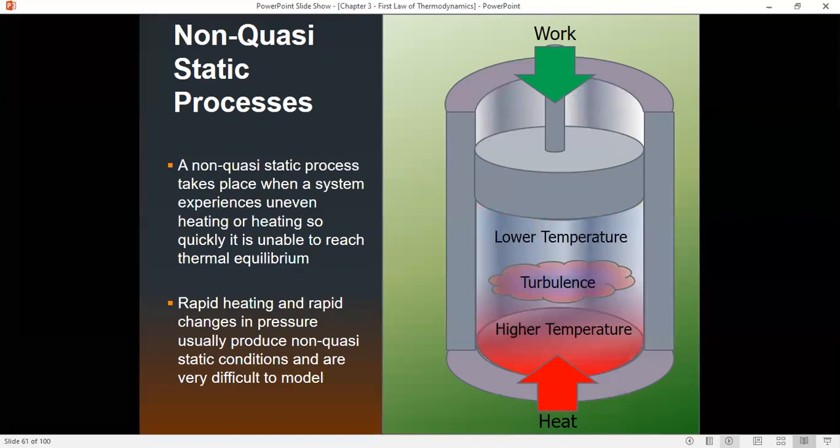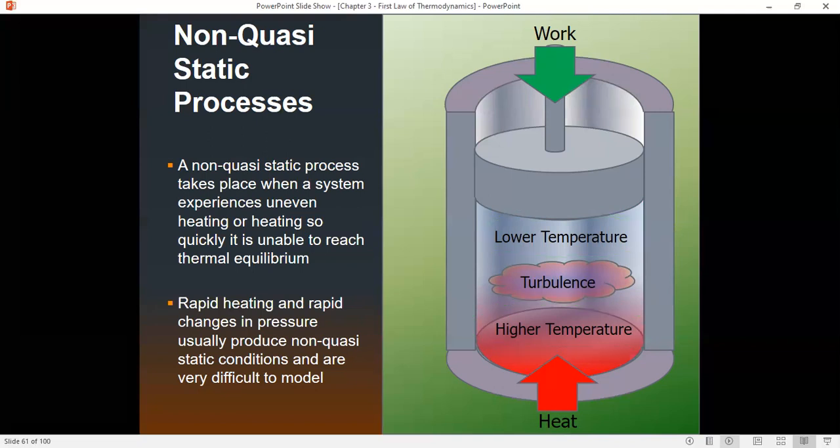When we allow a gas to expand or we compress a gas, we will get some regions that heat up more than other regions, okay? We're adding heat to the system. Well, what part of the system is going to get warmer? Obviously, the part which is in contact with the thermal reservoir, okay? Those further apart are going to be at a lower temperature.